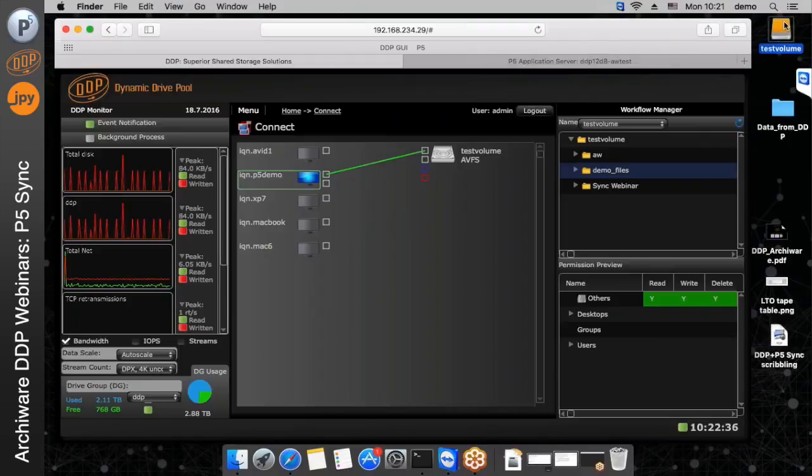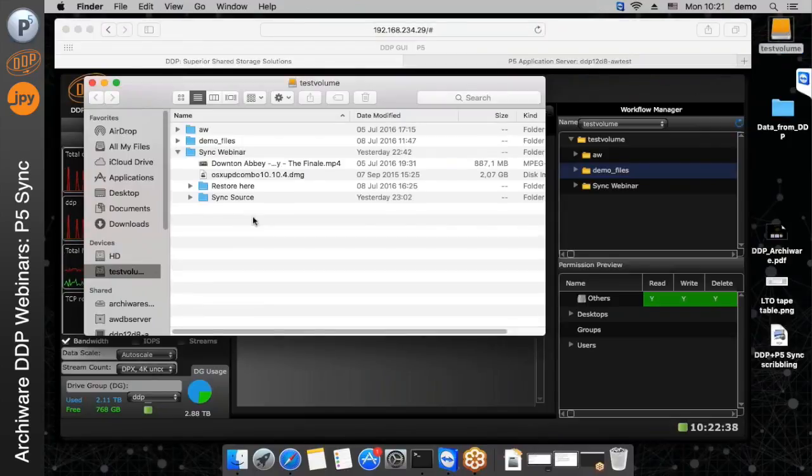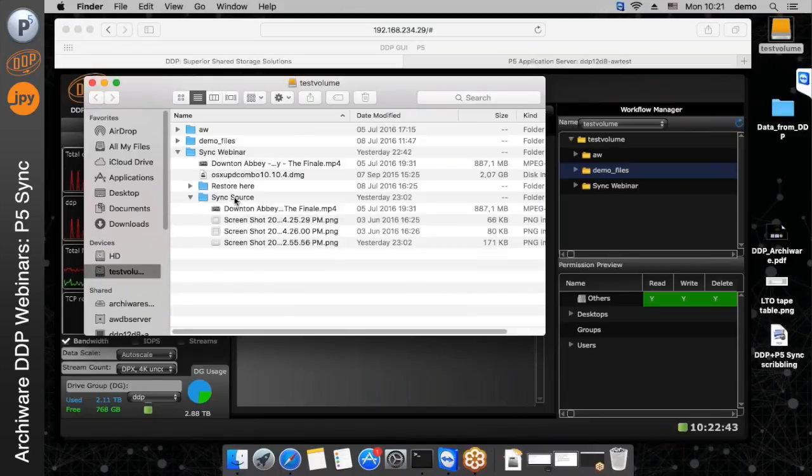So I actually have some storage from the DDP mounted up here, and there's some data here that we're going to back up. You see this folder here, sync source. It's got 4 files in it. This is residing on the DDP, and we're going to show you how we can replicate that between the DDP and, in this case, the Mac, but it's obviously possible to replicate between one